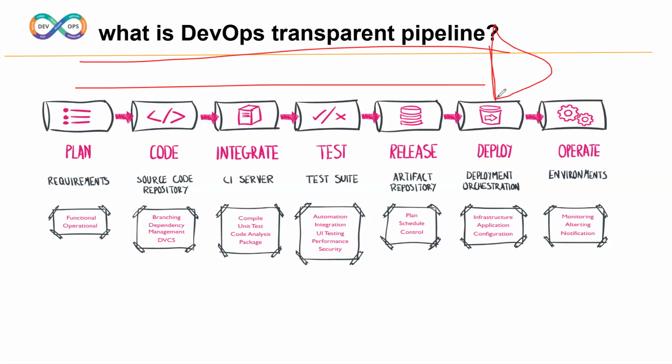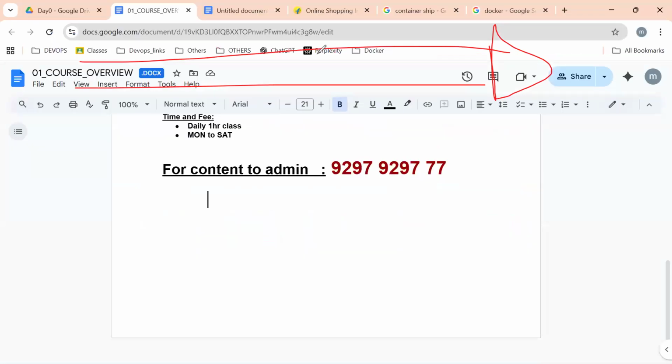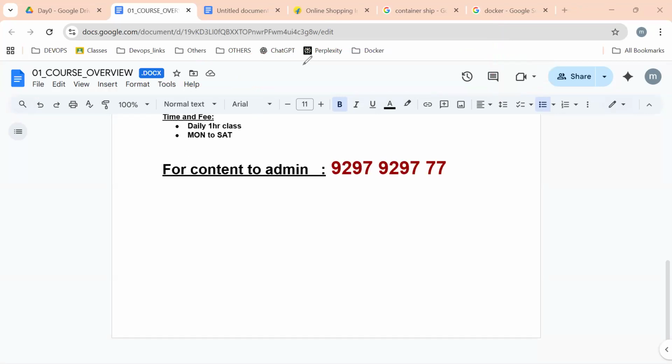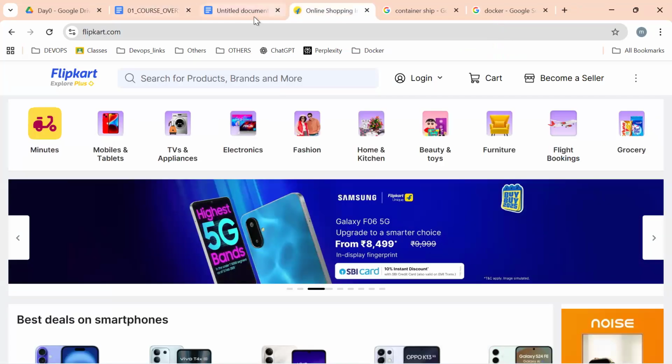Understood. For deploying a Flipkart kind of application, what kind of infrastructure is required?